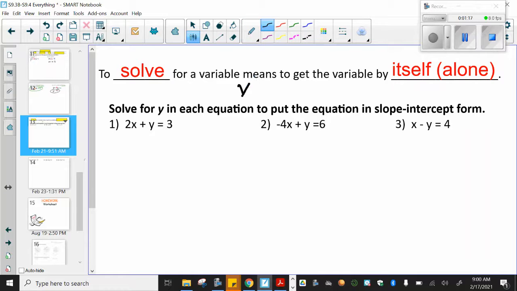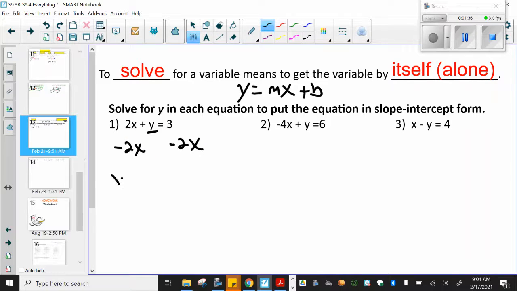As you remember from before, y equals mx plus b. So we need to use algebra to change all these to get to that order, exactly that order, okay? So first one, we have 2x plus y equals 3. Well, the y is in the right spot, but 2x isn't, so I'm going to subtract 2x and subtract 2x